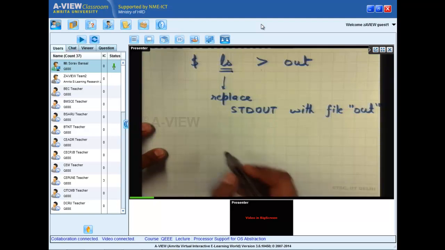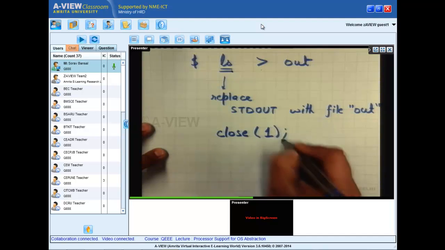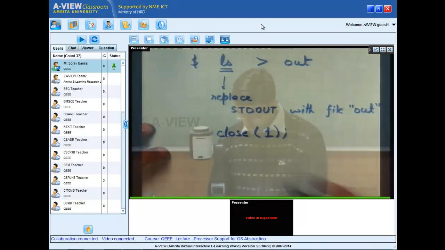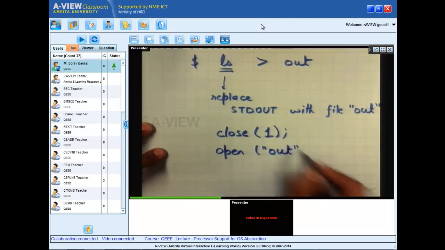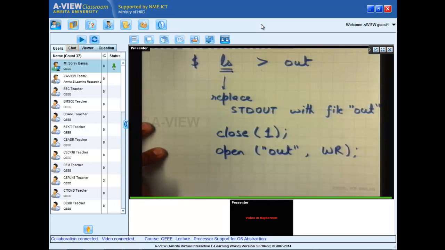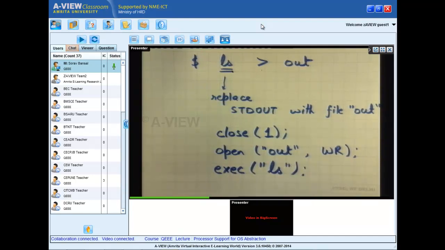Okay, and the way it does is it basically says close on file descriptor number 1. Recall that 1 is basically stdout, so whatever is the current value of stdout gets wiped out, and then you say open out, let's say in write mode, right? And so that replaces the file descriptor number 1 with out, and then you do exec ls, right? And so ls is going to now run with this new environment in which the standard output points to a file,